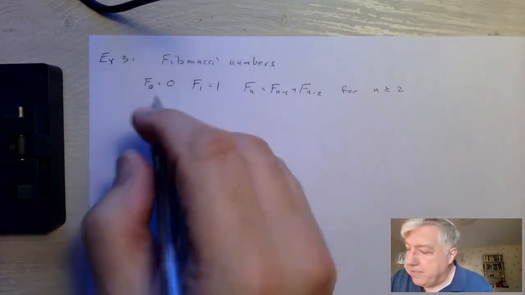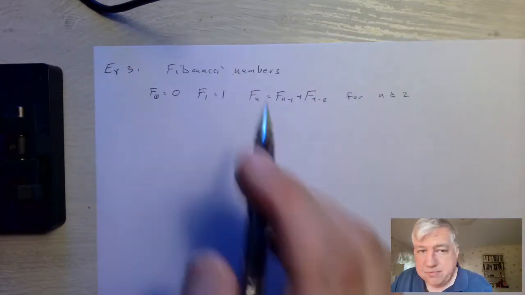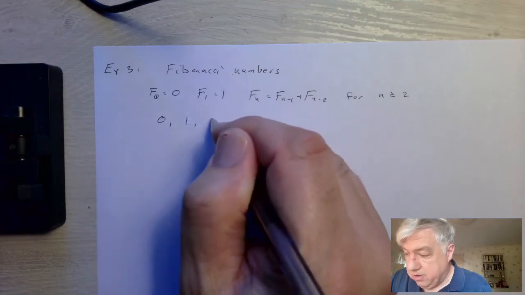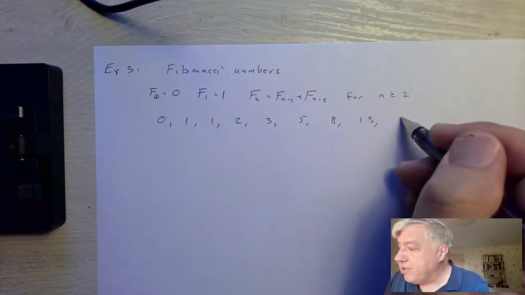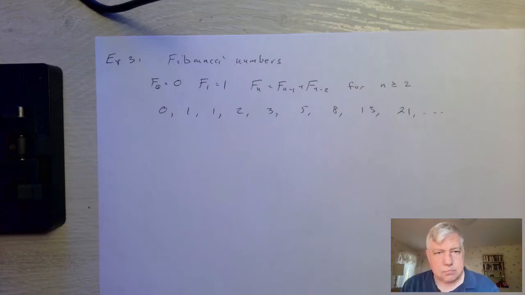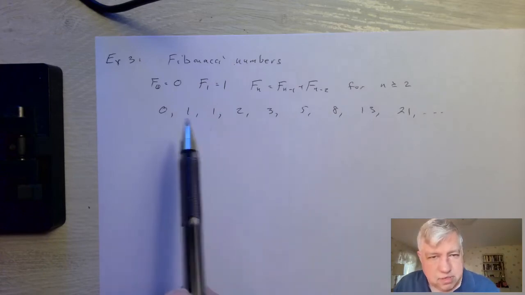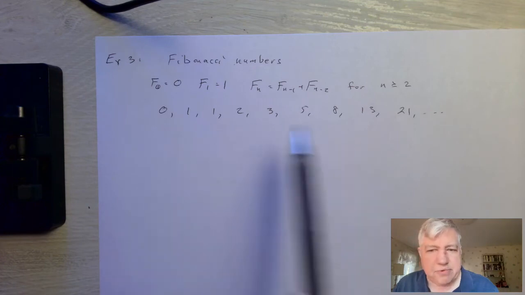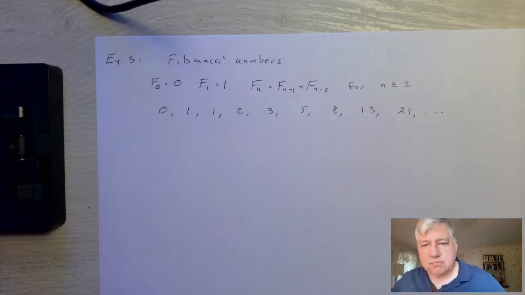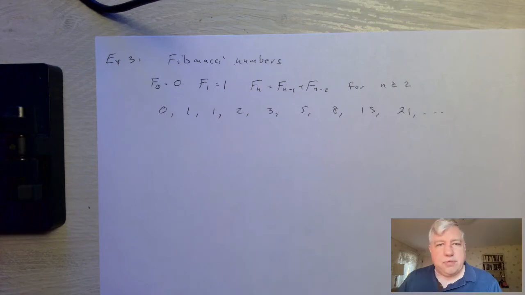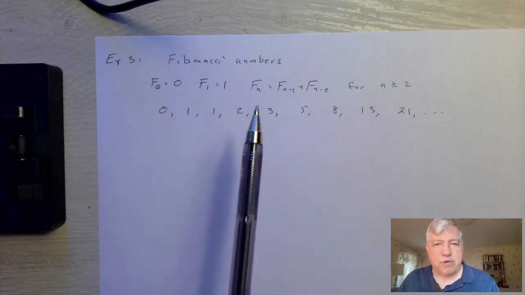So basically you just add the previous two Fibonacci numbers. The sequence goes 0, 1, 1, 2, 3, 5, 8, 13, and 21, and so on. The sequence denotes the number of pairs of rabbits after each month, if every newborn pair takes a month to be fertile, and then produces another pair every month after that. Now, we'll see that there's actually a nice formula, what we call a closed formula,